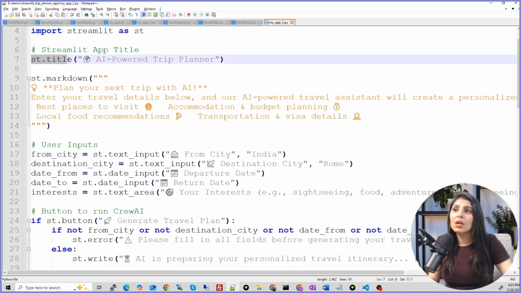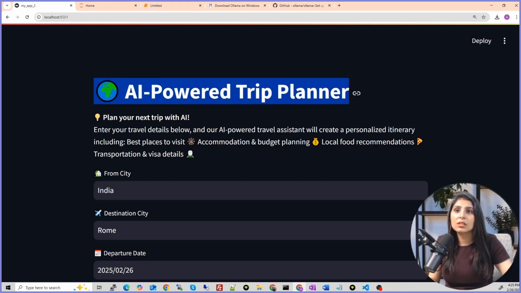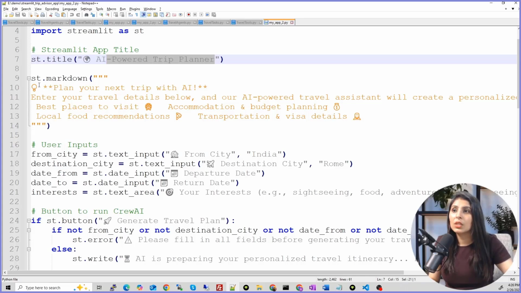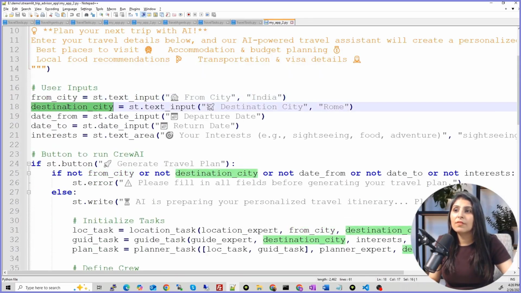And this st.title means we are providing the title to our app, which is AI powered trip planner. And you can see it here. So this we got with the help of st.title, and then this text over here we are getting with the help of this st.markdown. And then we have these 5 variables.